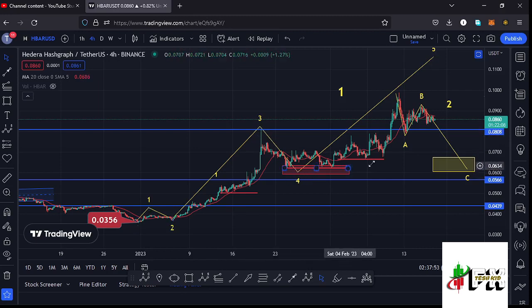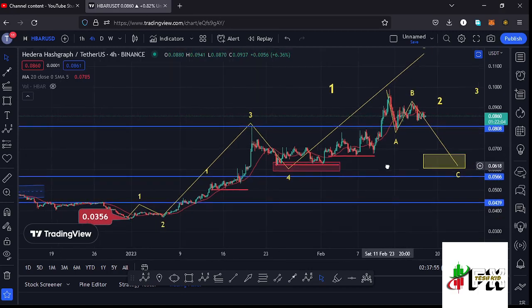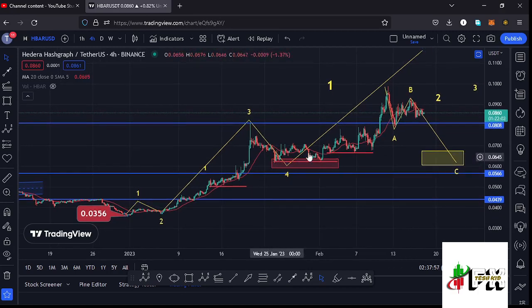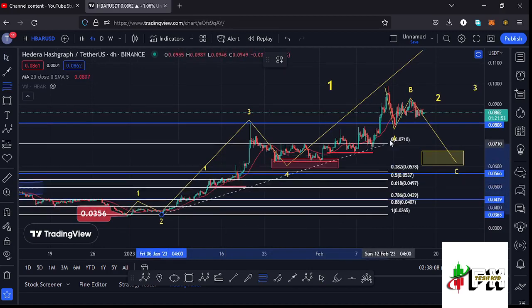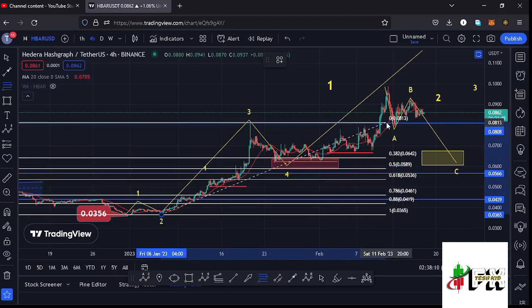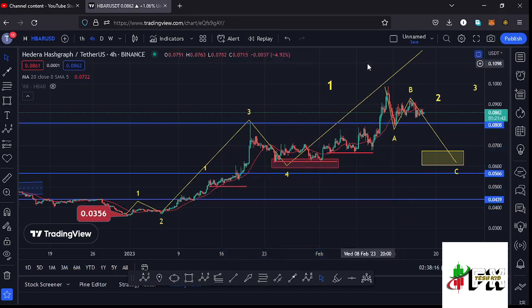$0.0808 mark. And after seeing the high for that wave 3, we started this corrective structure in a move that has now given us the low for that fourth wave to the lower side. And by connecting the Fibonacci's from the low of the second wave to the high of that wave 3, I was able to come up with that minimum target area to the lower side in the formation of that wave 4, which is a target area that we have now fully maximized.